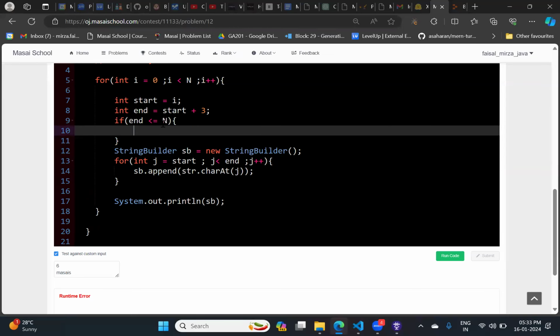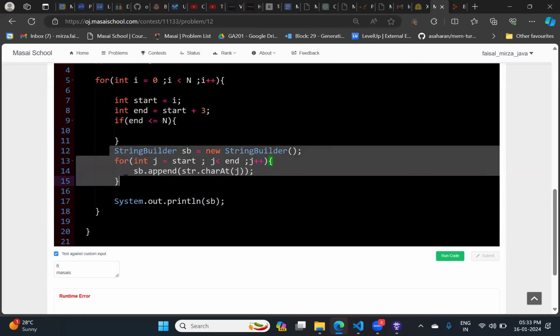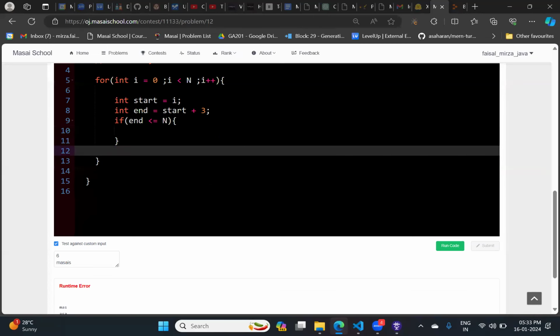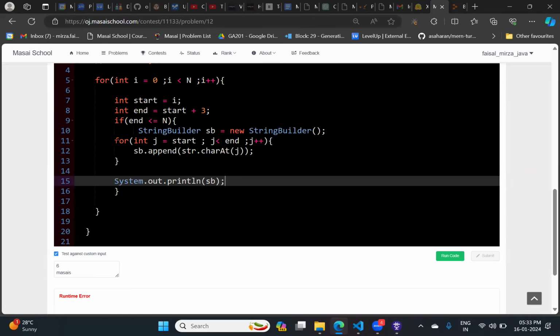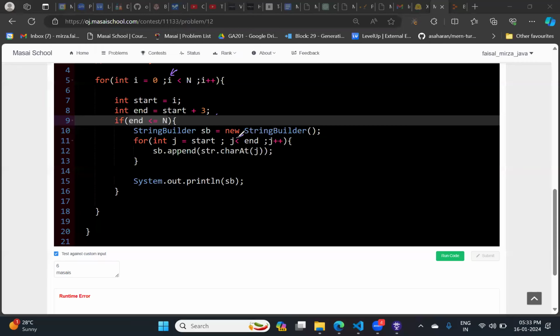So how many of you got this? It has to be less than or equal to n. How many of you are comfortable with this syntax? Abhishek, समझ में आया कुछ? Sir, थोड़ा confusing, sir. Yes, I'm getting it. Just like we always write i is less than, and we write j is less than end because we are not running the loop till end. That's what is written over here.